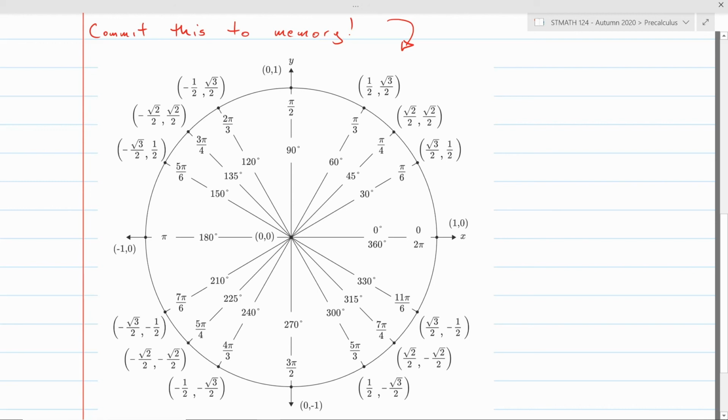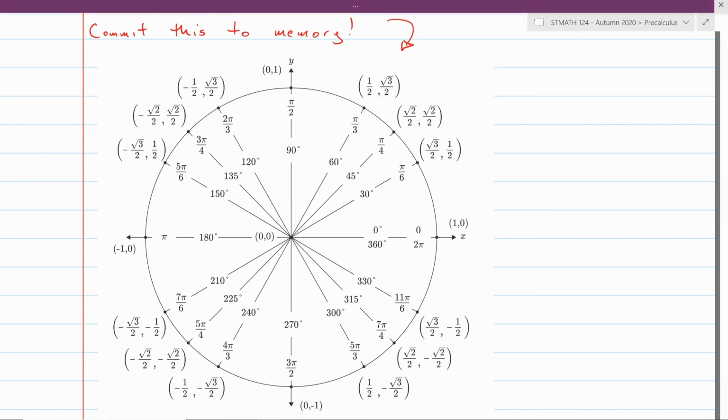What those angles are measured in radians. So 30 degrees is pi over 6, 45 degrees is pi over 4. So knowing those angles in radians around the circle from 0 to 360, and then also knowing what the coordinates are on the unit circle at those points, this is really something that you need to commit to memory, so